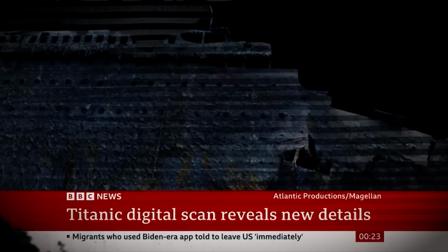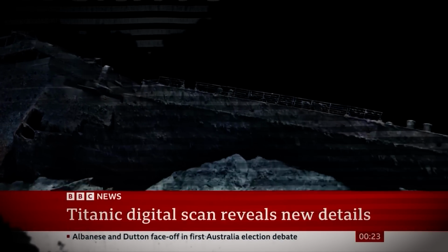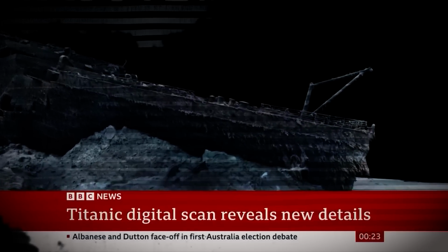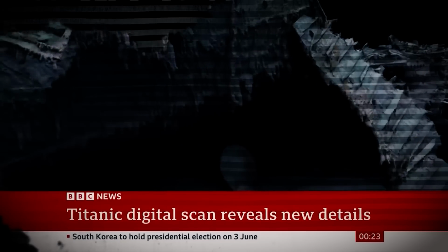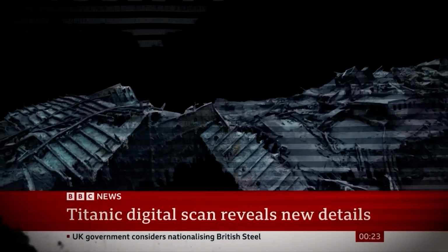A digital scan created from more than 700,000 underwater images now shows us the complete wreck. The immense bow lying upright on the seafloor, almost as if it was continuing its voyage. But 600 meters away is the stern, a heap of mangled metal, revealing the violence as the ship...